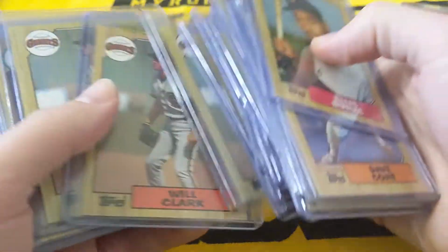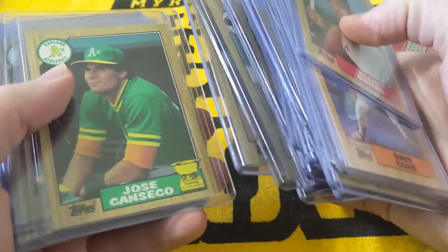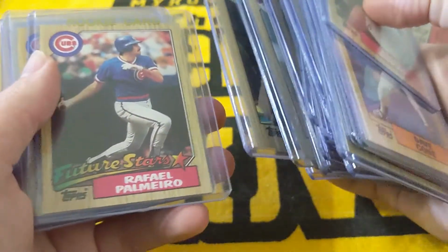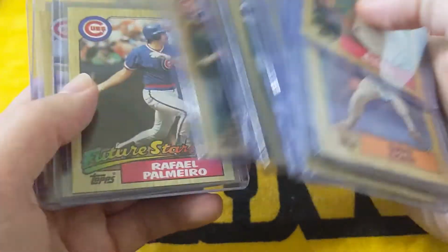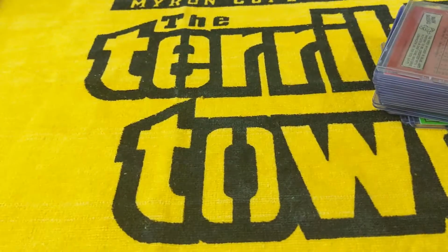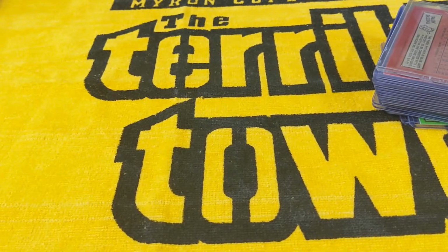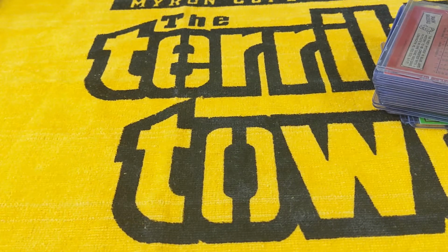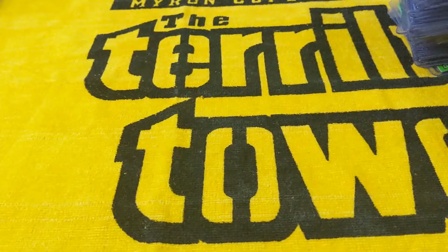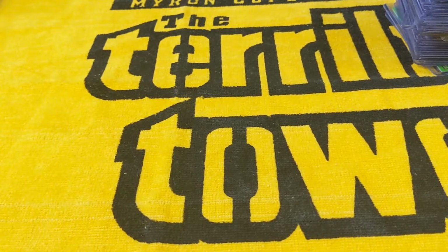Will Clark, Canseco All-Star Rookie, Rafael Palmeiro, Barry Larkin. And it's funny, even with the roid rage or the roid era, whatever you want to call it, these Canseco, Bonds, etc. are doing pretty well. Let's see, here's an 87